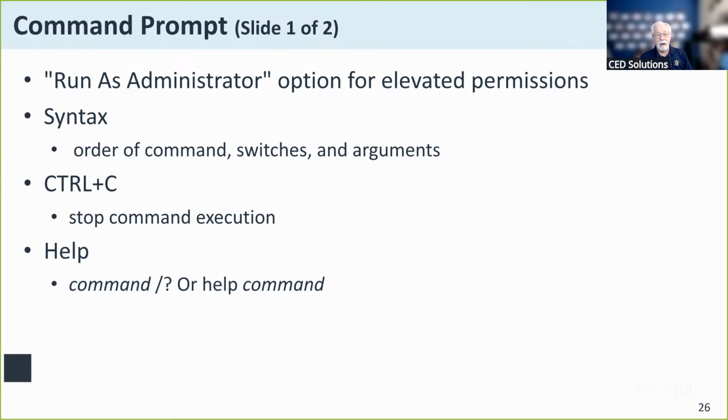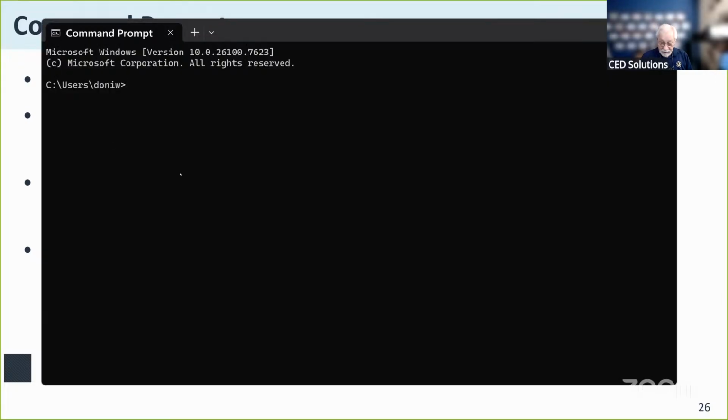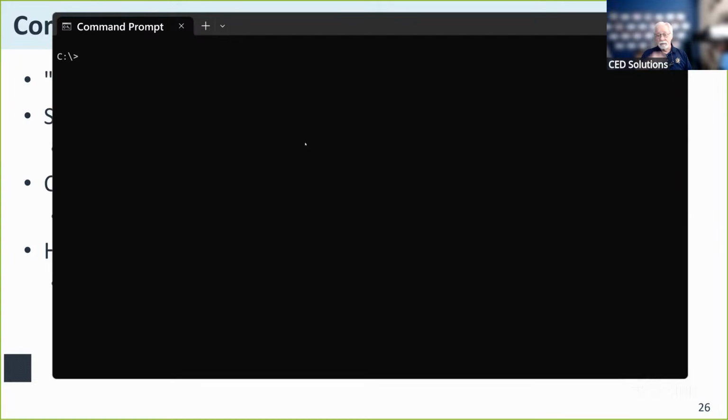The command prompt is very similar to what they call a terminal window in other operating system environments. Here's what it looks like. And I got to this, and you guys can do the same thing. On your search bar, you can just type in CMD or start typing command. You'll get an option that pops up there and allows you to get this terminal window up here. Now, this runs the Windows shell program. That is your CLI, your command line interface.